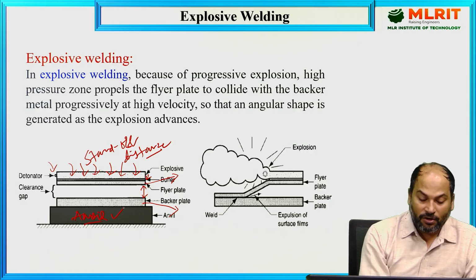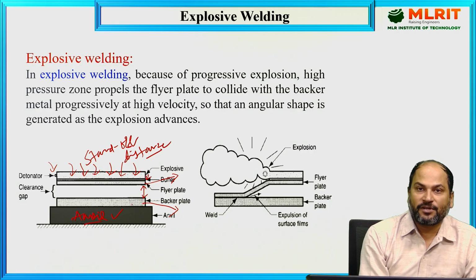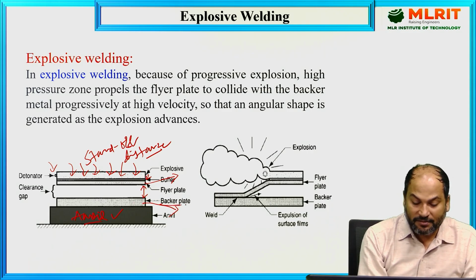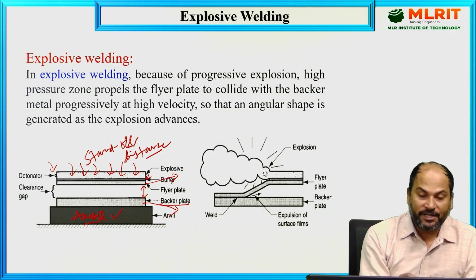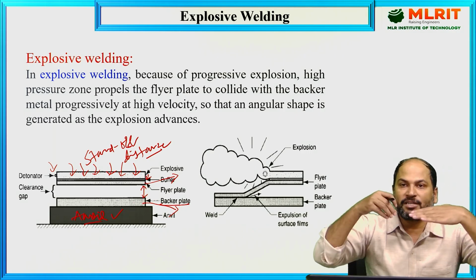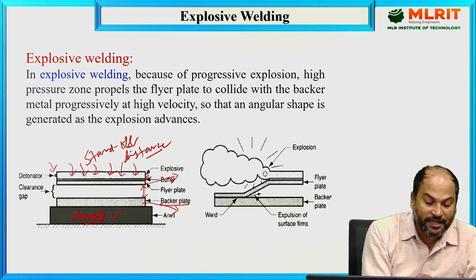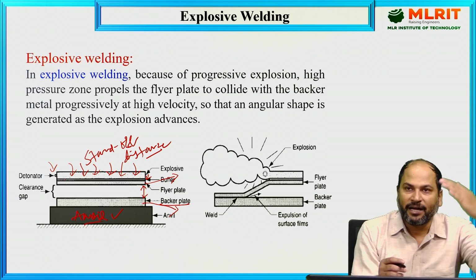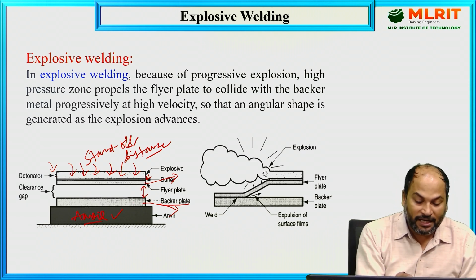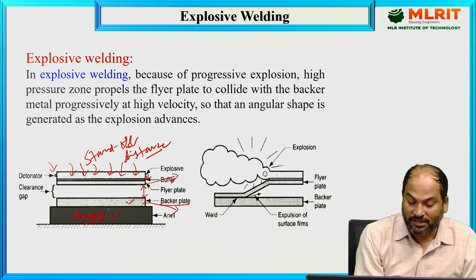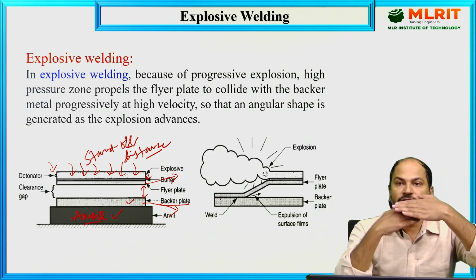which is fixed. On this we have kept the first plate, which is known as the backing plate or backer plate. Here is the backer plate, and this is the flare plate. On top of that we have an explosive with a detonator. So once we detonate this, it will come down with a high velocity and strike this plate, and once it strikes, you can see there will be joining between the